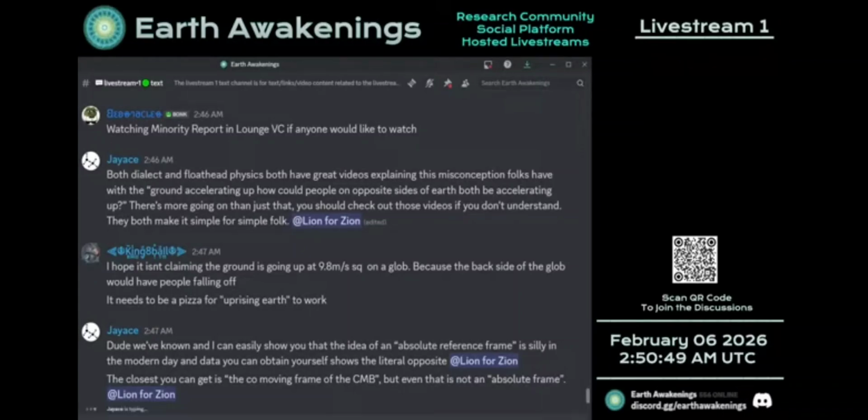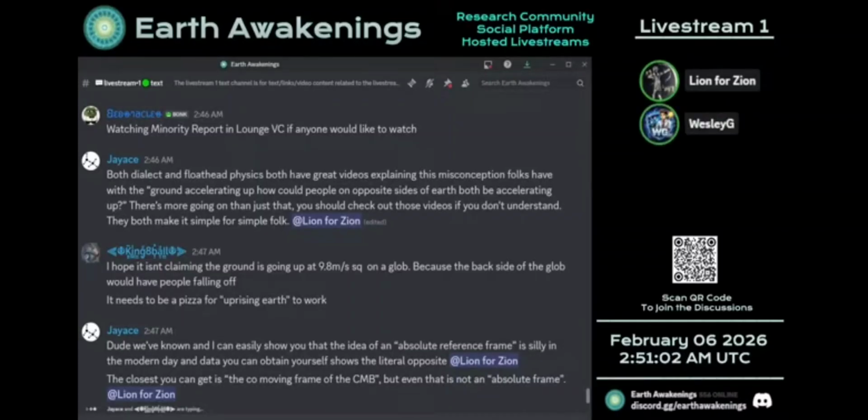We're accelerating upward because force equals mass times acceleration, so we have to be accelerating upward. No, we don't. Why would weight equal the Earth accelerating upwards? That makes no sense. That's logically irrelevant. Just because there's weight on the Earth doesn't mean that the Earth is moving upwards. Yes, 100%. No, it doesn't.